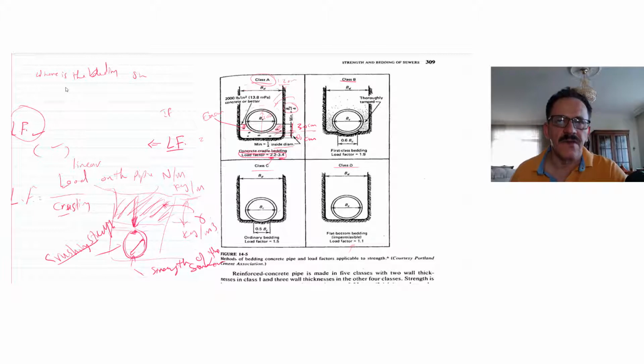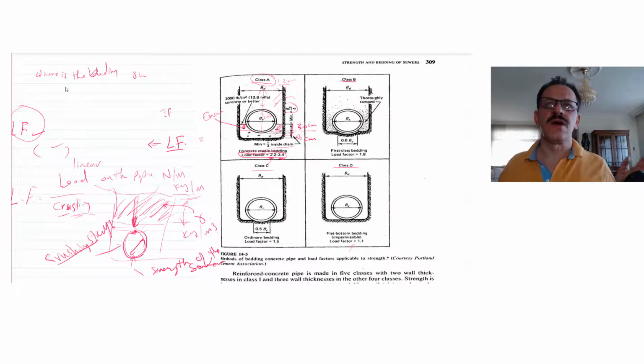In case we have a higher load divided by the crushing strength, it means that we have a high depth of fill, and it will exceed the crushing strength by 2 times. For example, here 2.2 times up to 3. So it means that you have a huge load on this. It will exceed the maximum crushing strength. In this case, what should we do?